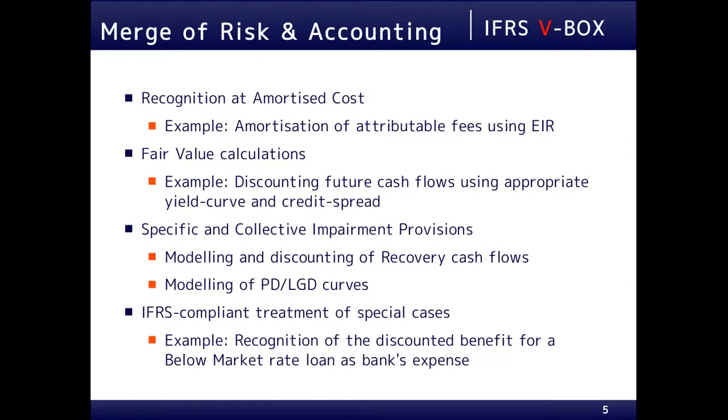Examples of challenges solved in IFRS V-BOX include: for loans and other instruments measured at amortized cost, IFRS requires amortization of attributable fees using the effective interest rate method. This includes all cases in which the instrument, like the loan, has multiple fees which need to be amortized and